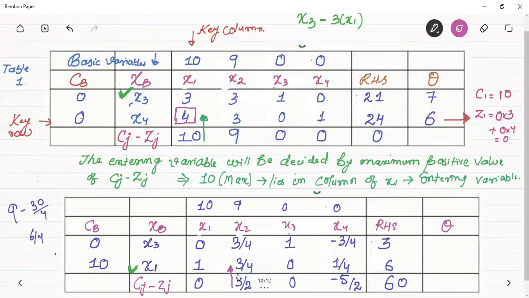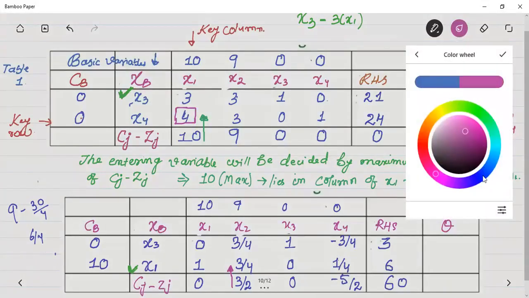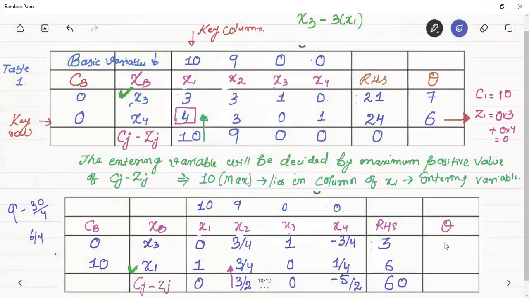And how we decide for the leaving variable, that is decided by the minimum positive value of theta. तो मुझे बताइए पहले रो के लिए थीटा क्या होगा? Theta is given by RHS divided by the corresponding element in the key column. What will be theta here? It is simply RHS. RHS is 3 divided by the corresponding element in the key column, that is 3 by 4. 3 divided by 3 by 4 is simply